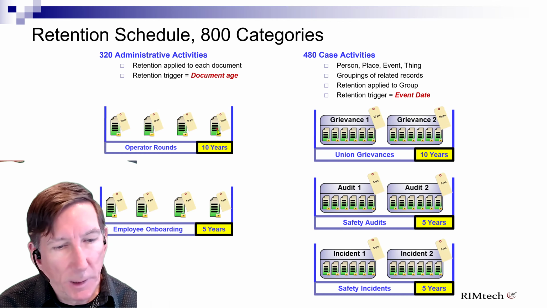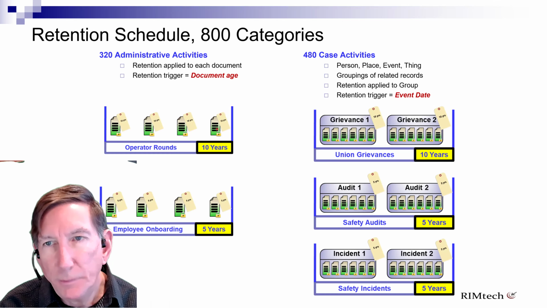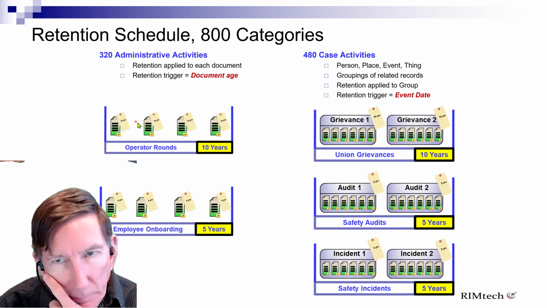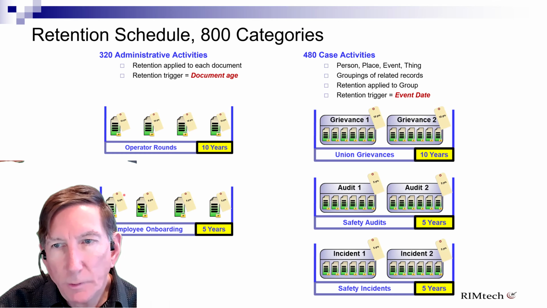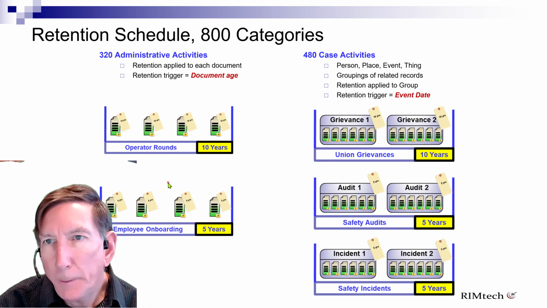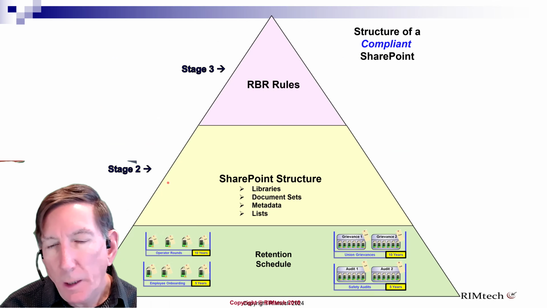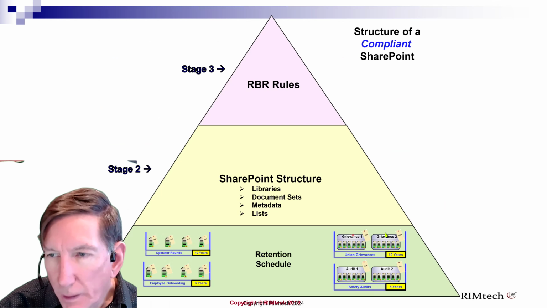Think of it like a conveyor belt. Each document rolls off the conveyor belt after the end of the life cycle. So it's a 10-year conveyor belt for operator rounds. For employee onboarding, it's a 5-year conveyor belt. Okay? So the retention schedule is layer number one, and it has 480 categories on the right, which are